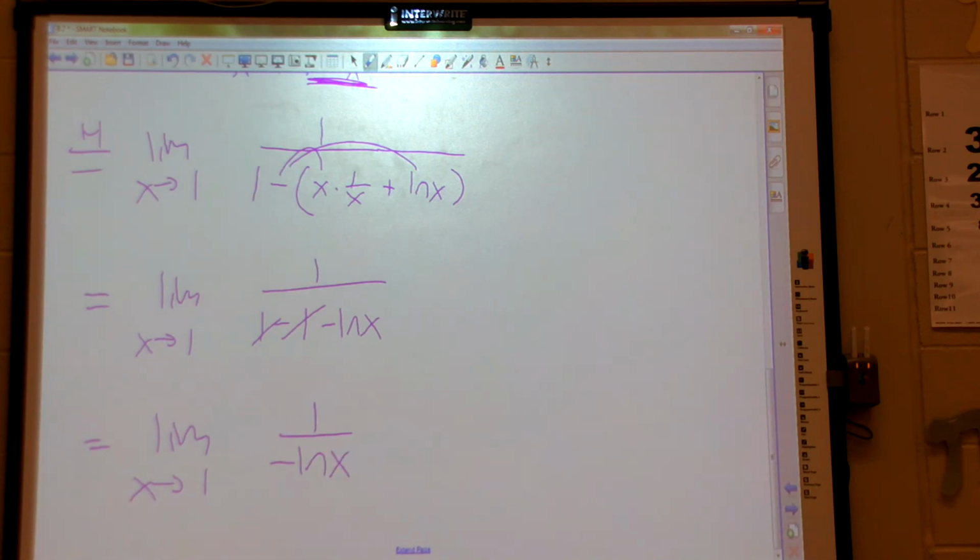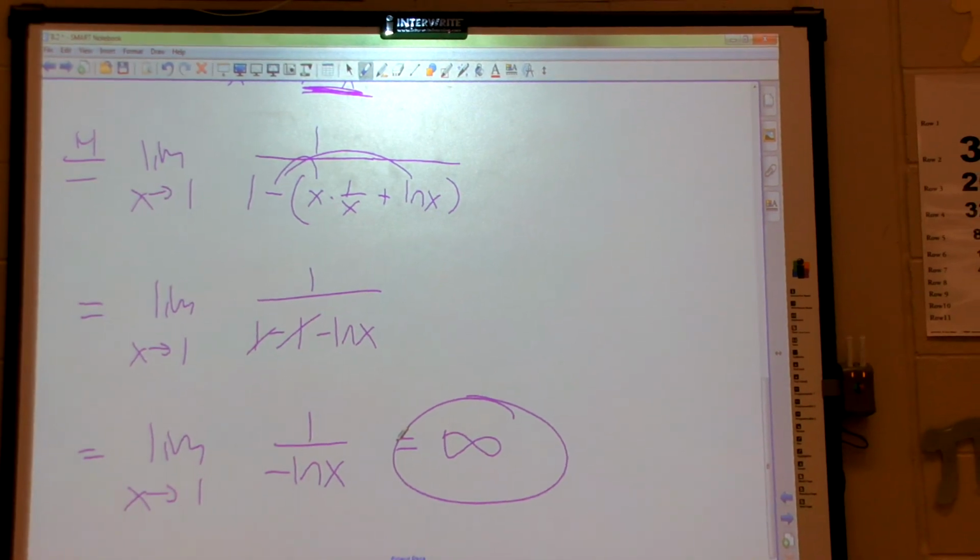I plug in now, which is what? The bottom gets smaller and smaller and smaller. The whole thing gets bigger and bigger and bigger. I really should have a direction on these, from the right to the left, but you get the idea. The key thing is the process right now. So sometimes they're not always clean, they're messy, but